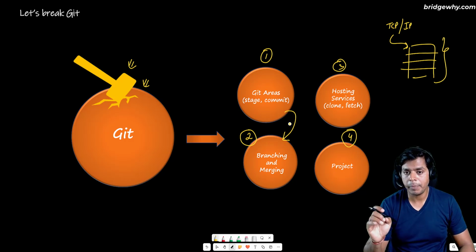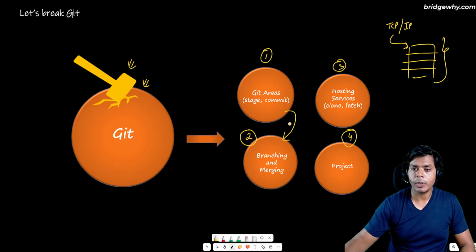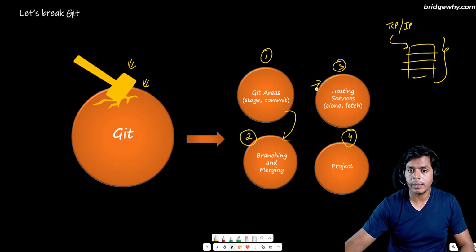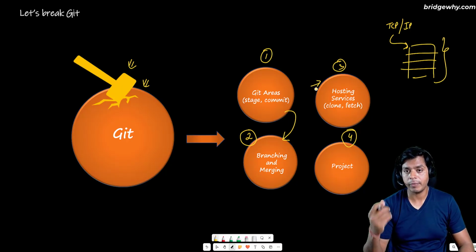I have seen people struggling with the concept of branching and merging in Git, but again and again, I'm saying it is easy. Then we'll be talking about hosting services like GitHub. By the way, as I always say, GitHub is not Git, but very important if you want to collaborate with